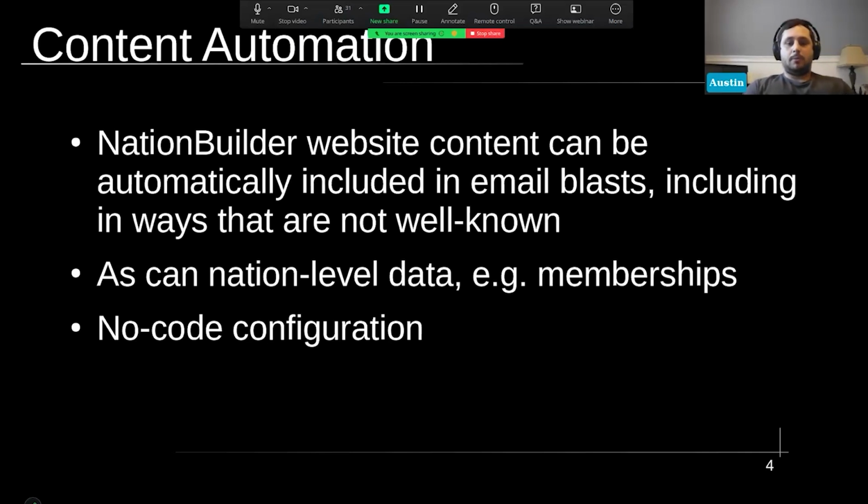And the second thing is, most of my work thus far, I said I've only been doing this exclusively for a couple months now, is basically replacing a tedious and manual process for NationBuilder customers of drafting, for example, their recurring newsletter, recurring emails. Basically having to go in and copy and paste the content from 6 or 8 blog posts into their emails and so on and so forth. Basically, I can automate that for you, because NationBuilder website content can be automatically included in email blasts, including in ways that aren't as well known, because it's not as straightforward as including NationBuilder website content or nation level settings like memberships,